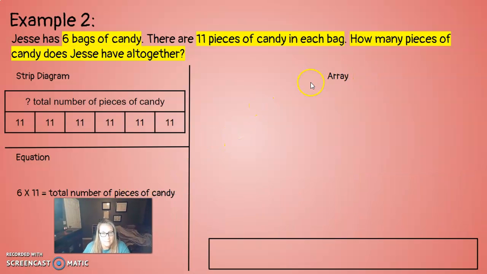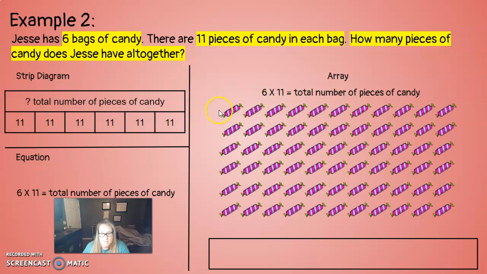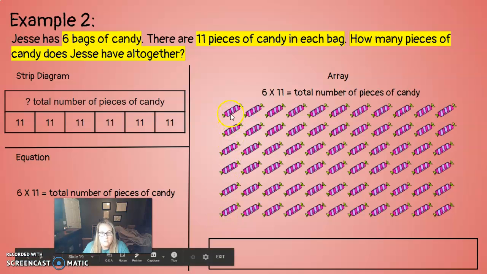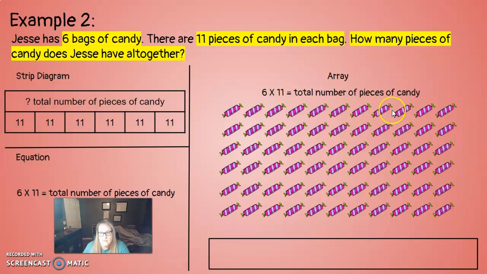Now I'm going to make my array. Now remember, an array is a picture of rows and columns. So I'm going to have 6 rows with 11 in each row. So 6 times 11 is going to be my array. So here's all of Jessie's candy. So there's 1, 2, 3, 4, 5, 6. There's my 6 rows. And there are 1, 2, 3, 4, 5, 6, 7, 8, 9, 10, 11 in each